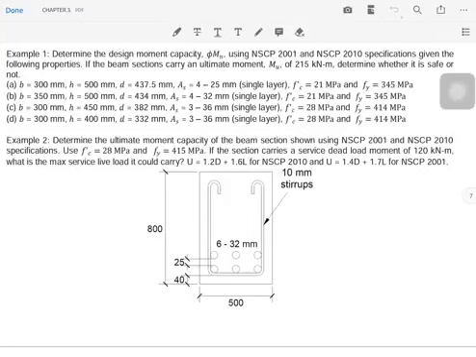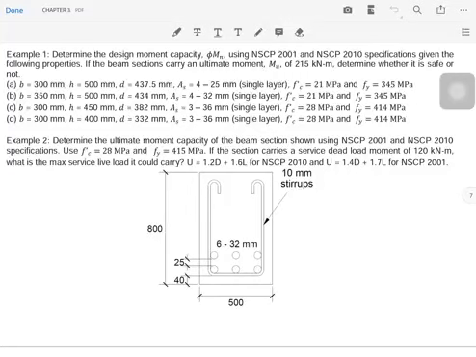The beam section carries an ultimate moment Mu of 215 kilonewton meter. Then determine whether it is safe or not. Let us first solve problem A, given with b, which is equal to 300